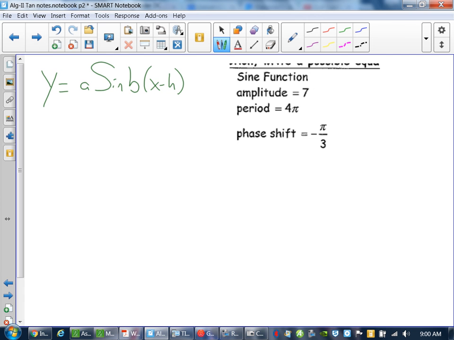And then period is 4 pi, so 2 pi over b is 4 pi, which means our b value is... All right, so here's what I want you to remember to do. This is fraction equals fraction. Whenever you get fraction equal fraction like this,